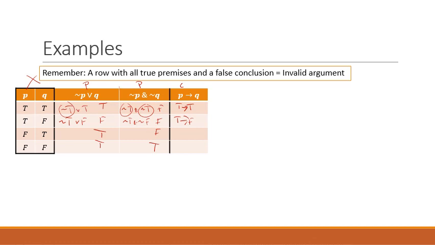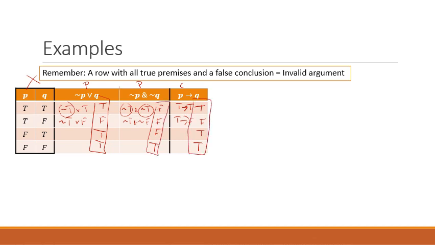Okay, the conclusion then here is going to be true, arrow, true. This is the arrow rule. The arrow rule is only false when it's true, arrow, false. So true, arrow, true is fine, but true, arrow, false is not fine, so that's going to be false. And then we're going to have false, arrow, true, which is true, and false, arrow, false, which is true. So here it is, completed truth table